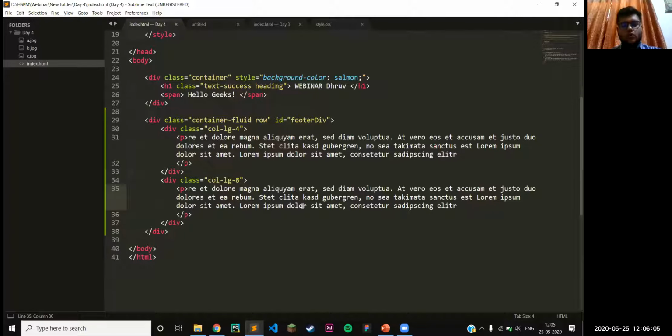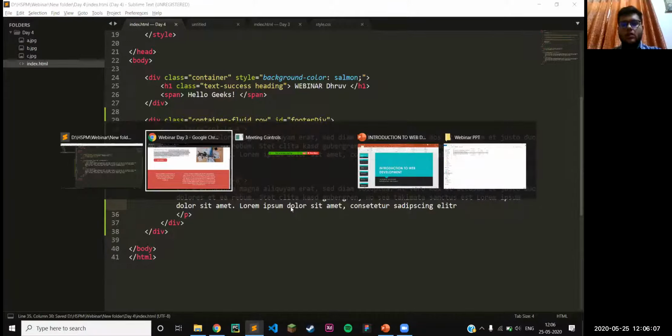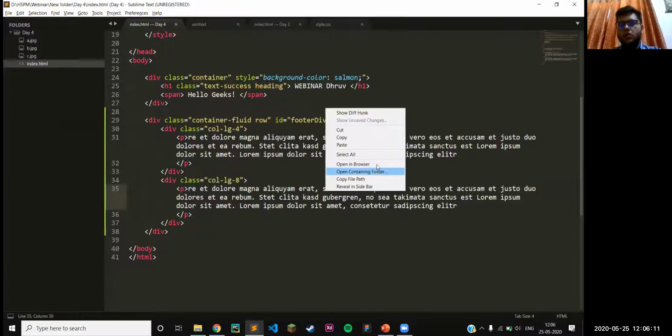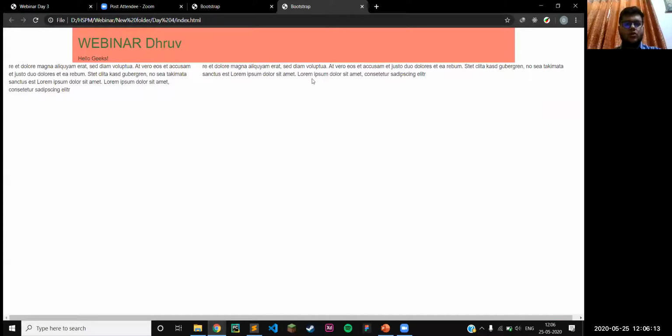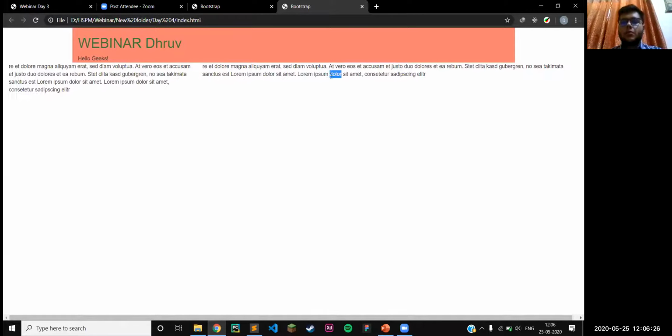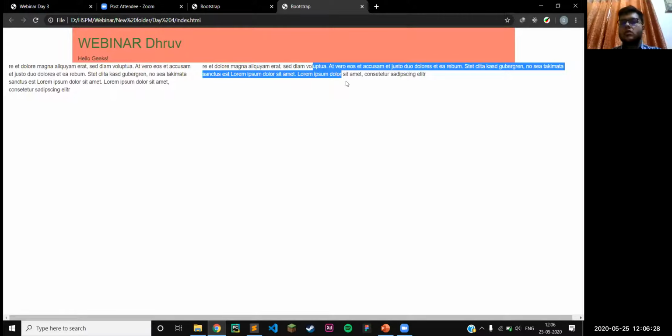Okay, so let's save this and open this in the browser. You'll see that this text appears in a narrow column, which is this wide, and this text appears in a broader column, which is this wide.